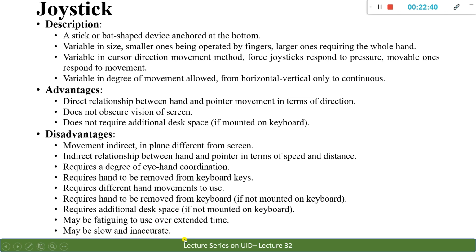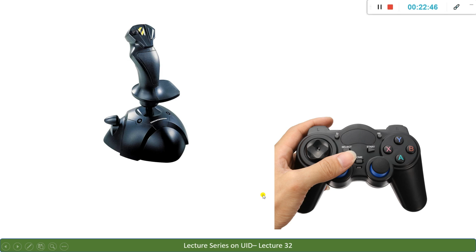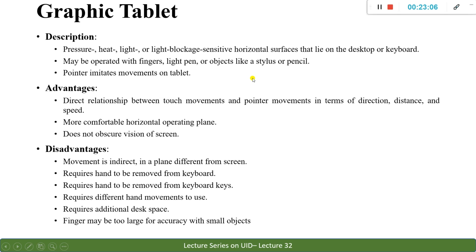So that is the reason that they are used in many kinds of games and not in serious work. So this is how a joystick is. The main utilization of joystick is in your video games only. They are mostly used over there. So this is one more kind. First we learned about the trackball, and the second device that we learned about is the joystick.